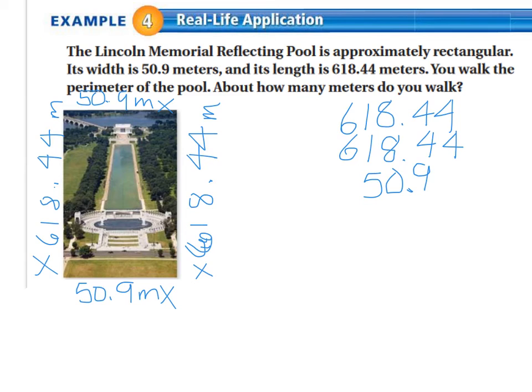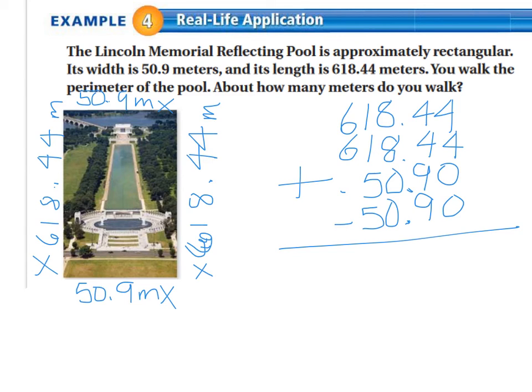And this 50.9, again, lining up my decimals so they're straight up and down from each other. And I have empty place values here in the hundredths place, so I'm going to put a 0 there to hold those spots. I only have to do that on the numbers to the right of the decimal. Over here, I don't need to do that because I just know those would be adding straight down. So now adding as usual,